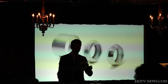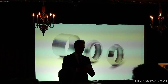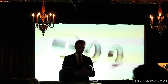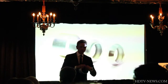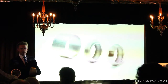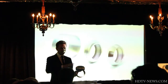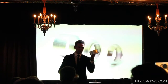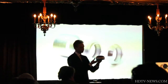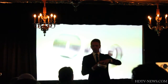This is how we start when we create the speaker. This is a solid piece of aluminum, and it's one piece. The reason why it's one piece is that you can create a speaker that doesn't have, again, the welding lines or the parting lines. We then exert pressure to this piece, about 70 tons of pressure onto the aluminum ring, and that creates this shape. 70 tons is about the weight of a Boeing 747,